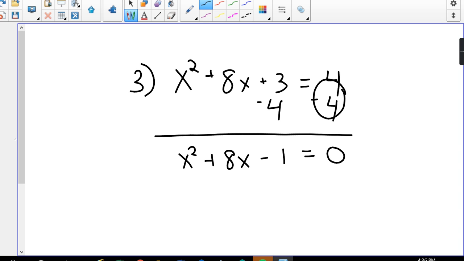Is this factorable? Well, in order for this to be factorable, we have to have two numbers that multiply to negative 1 and add up to 8. The only factors of negative 1 that I know of are negative 1 and 1, which do not add up to 8. So we're not going to be able to write this as two factors. So we can't use the zero product property that we use in the other one. So in the next video, I'll show you which rule we will use for a problem like this where we couldn't factor and we need a different